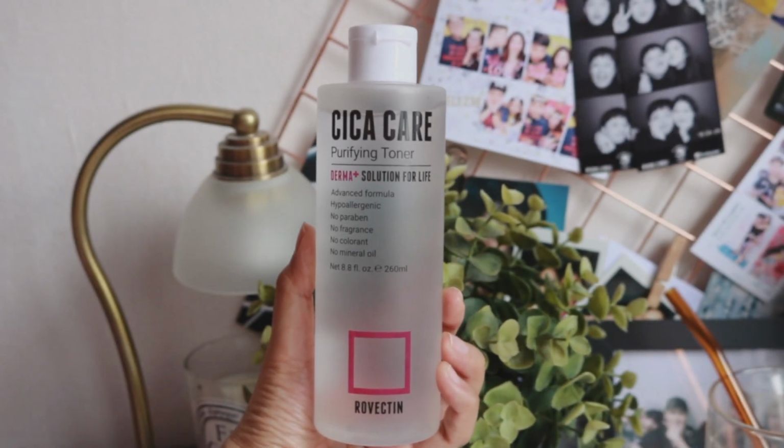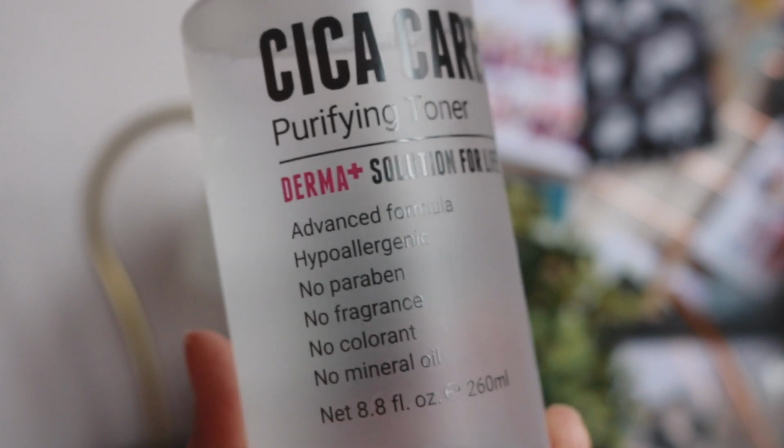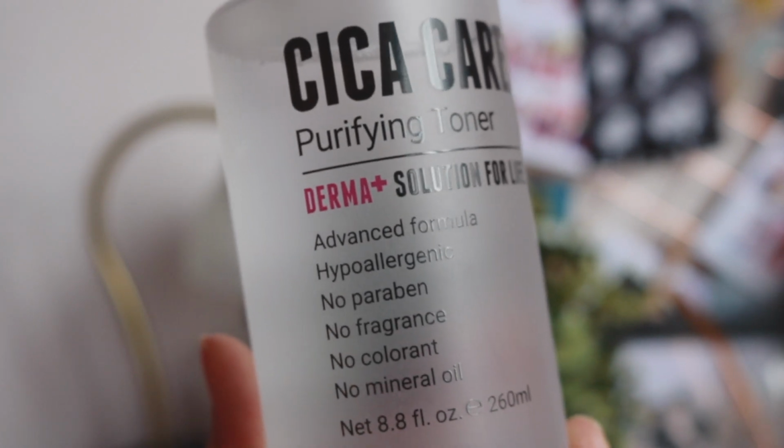As I've mentioned earlier on, a lot of their products contain either oils or sensitizing ingredients, and this toner contains lavender oil, which is an essential oil and hence it is sensitizing for the skin. I also just realized that on the bottle it says no fragrance, which is very misleading. If they want to say that, they should have said no artificial fragrance, because essential oils are essentially fragrance. But anyway, I wanted to try it still because Wish Trend very kindly sent this over to me,